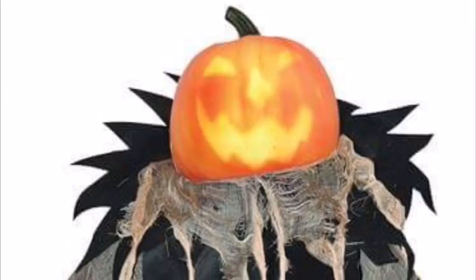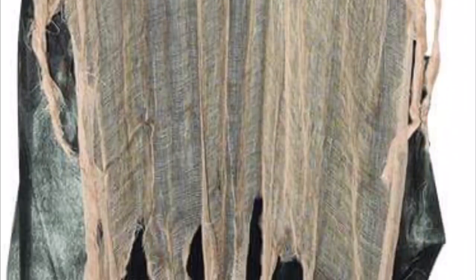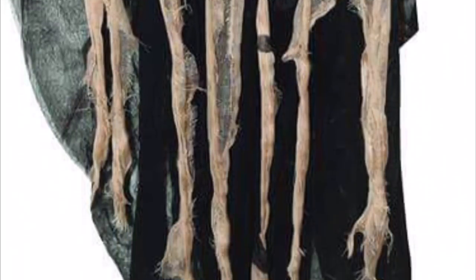I could see this being on a lot of front porches for Halloween, and I think it would be very cool to have in any type of display, especially for something more geared for children. We also are getting a brand new hanging pumpkin character. This looks like the ones that we saw at Target last year. I actually was a pretty big fan of those with the LEDs inside of the face. I definitely like the design of the character, and I would love to see this being sold in more stores